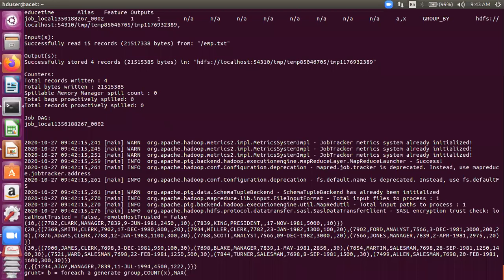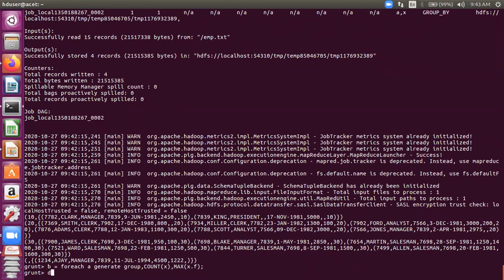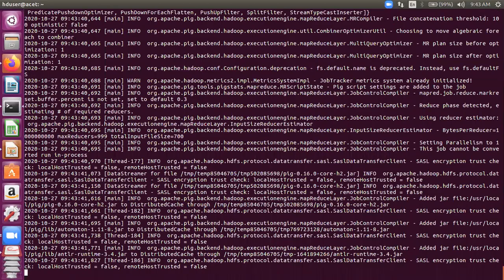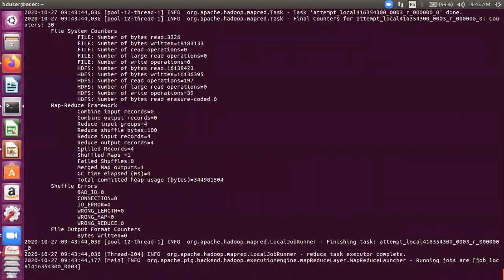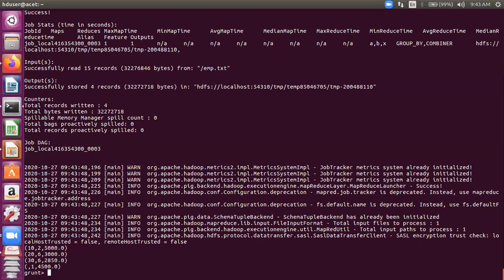So for that I can write X dot F. I think F would be the salary. So I'm displaying the group along with the total number of people and the maximum salary in the group. This is the query here. So if I dump it here, you will see the desired results. You can see in department 10 there are 2 people, 5,000 is the maximum salary, and so on. The other details are there. All right.